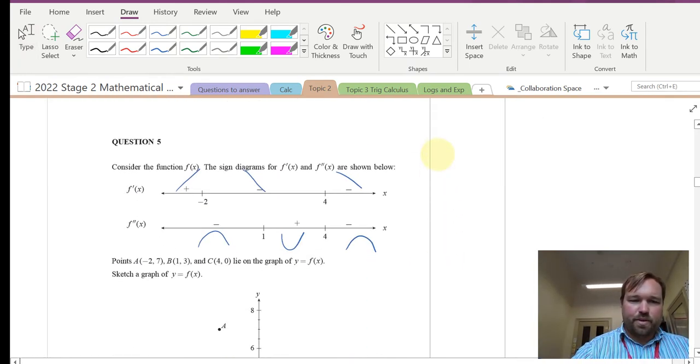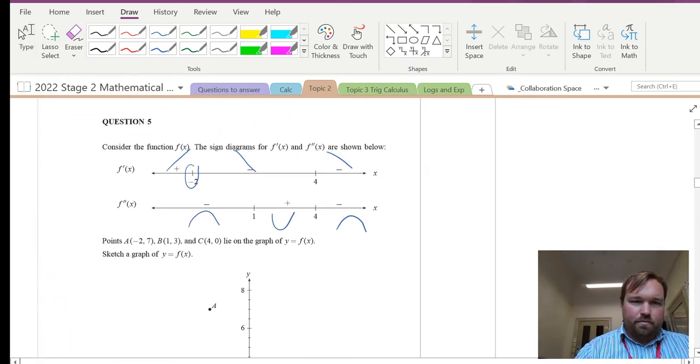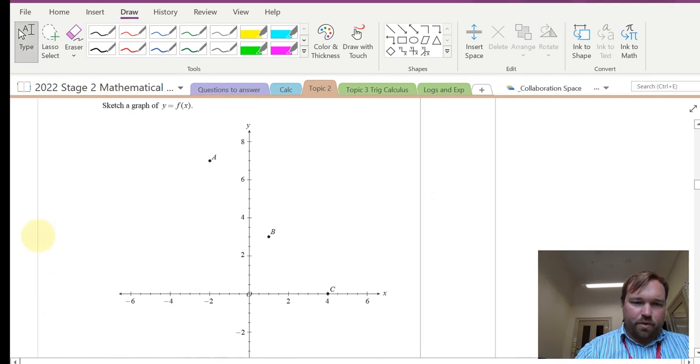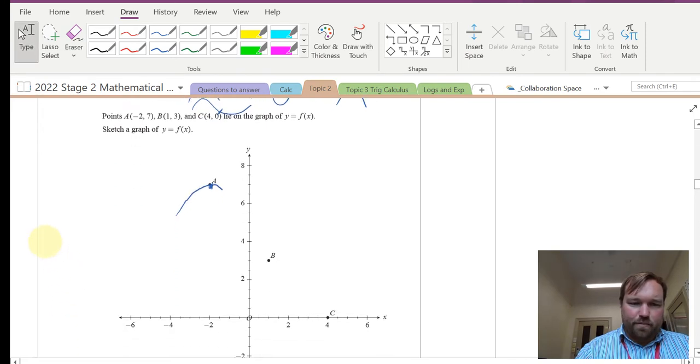Sketch the graph. Alright, so we want to go up to start with, and then at -2 we want to peak. Alright, so let's call A our peak. Up, and peaking at A. Now at 1, we're going from concave down to concave up, meaning there's an inflection point there. So here is an inflection point. We want to go from concave down to concave up at B. So we're going to head down to B,